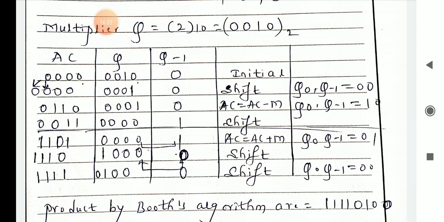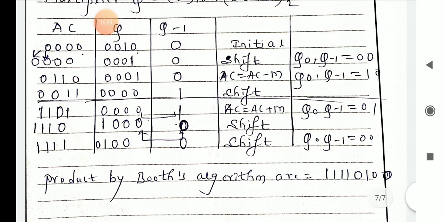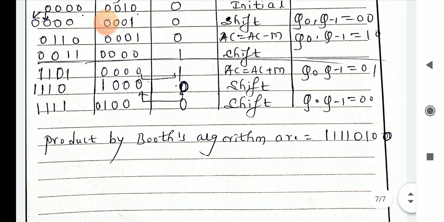Then you are getting the shifting operation. So go to the flow chart, you perform arithmetic shift right. Once you perform this one, again you are getting 0 0. So once you get that 0 0, perform the shift operation directly. The final step is what? You are getting 1 1 1 0 1 0 0 0. So you have to stop here, because 0 0 is there. Once the count is 0, you have to stop the process. Then the product is what? You have to combine these two: 1 1 1 1 0 1 0 0.